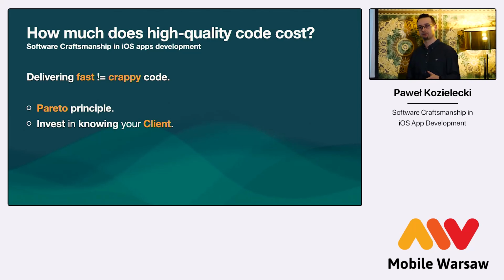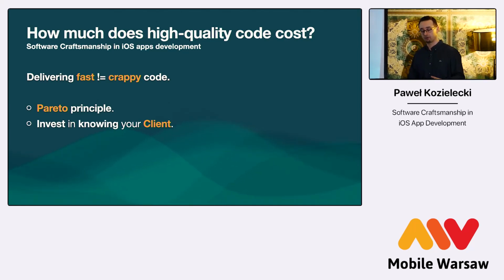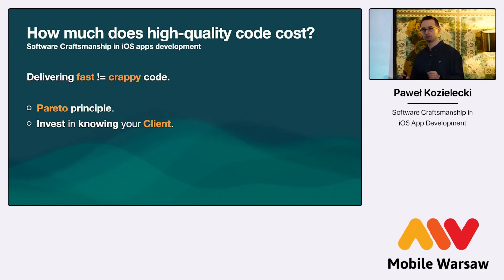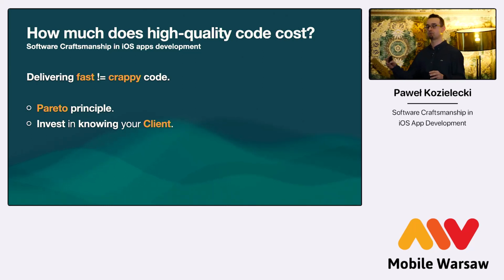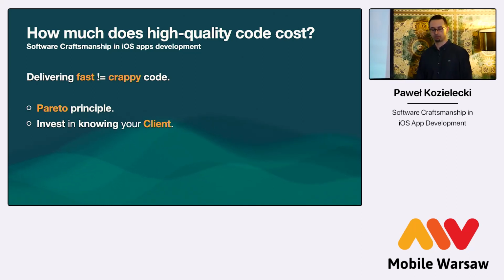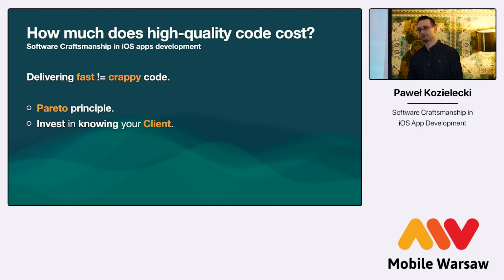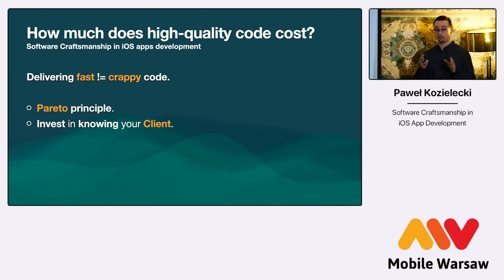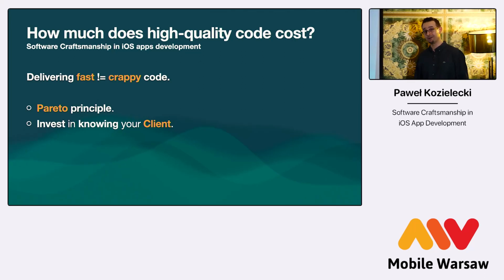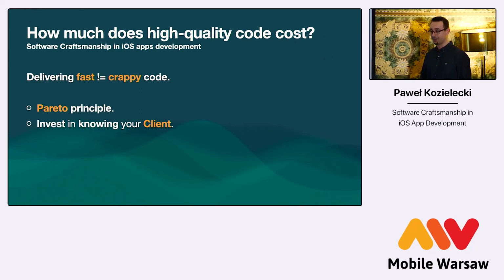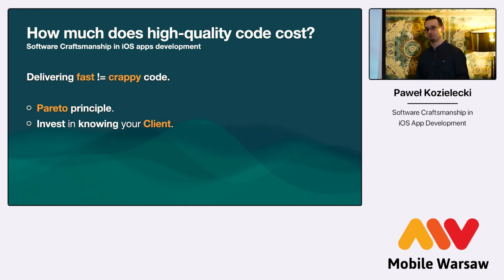And if you locate that 20% of the most important code and make it snappy, make it perfect, then I would argue you won't have most of the problems with your clients. Because if there is an issue and it happens in that less protected, less important 80% of the code, well, probably you'll be fine, right? Because then it's very unlikely clients are going to lose money on it. But if it happens in that 20% of the most important code, well, you might feel like you are not up for a good day, right? In the worst case scenario, the client's just going to lose money, and in the best case scenario, they just won't make money, but still they're going to be angry with you.